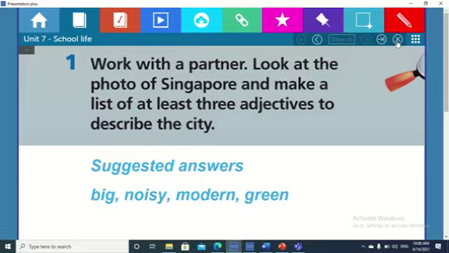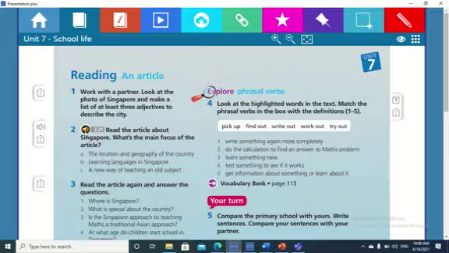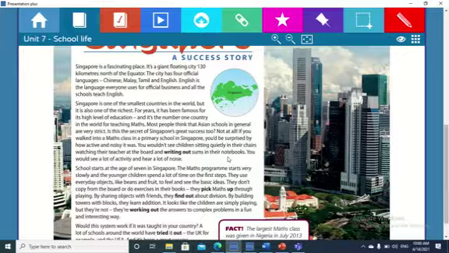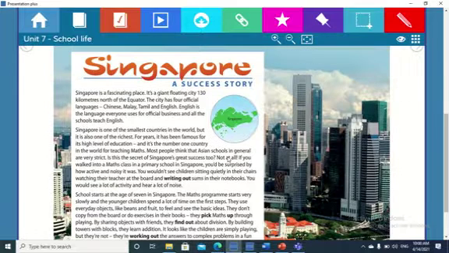Okay, let's move to the most important part, which is reading the text. So read the article about Singapore. What's the main focus of the article? What's the topic of the article? Here we have 3 different topics. So now we will start reading and listening to the article, and after that you will have certain questions to answer about this article about Singapore. CD 2, Track 31. Listen to the article.